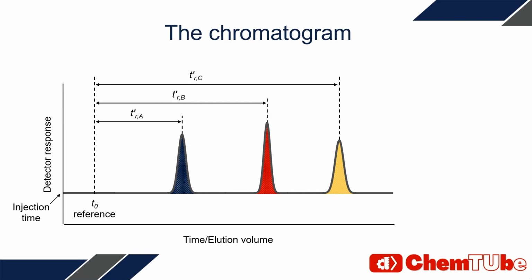The adjusted retention time for a retained solute is the additional time required to travel the length of the column, beyond that required by the solvent. We need this adjusted retention time in order to calculate the retention factor, which is just the ratio of the adjusted retention time and t0. This gives us a unitless value that is independent of the column length.